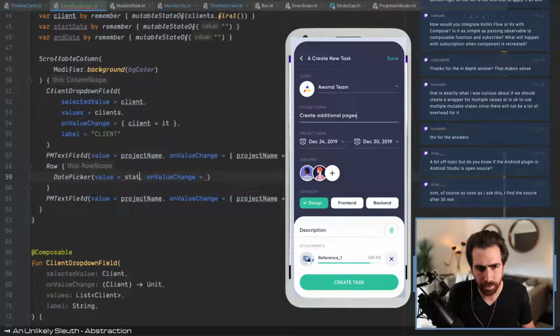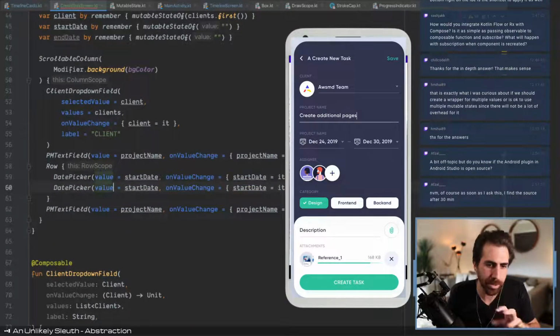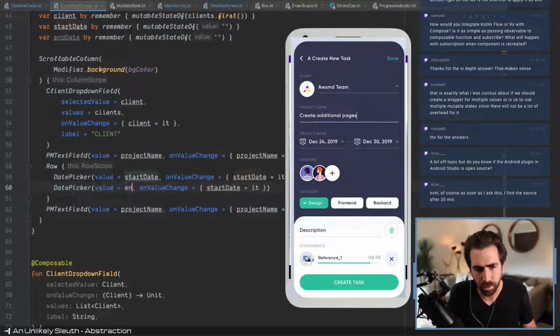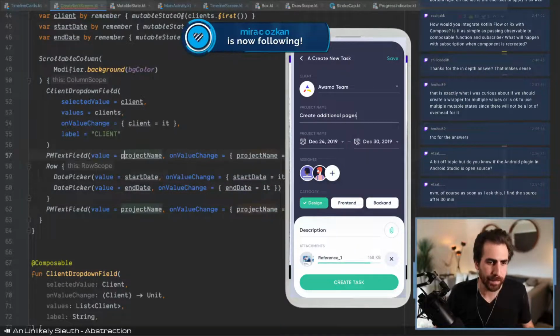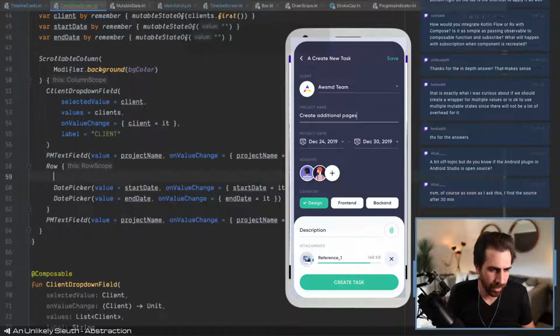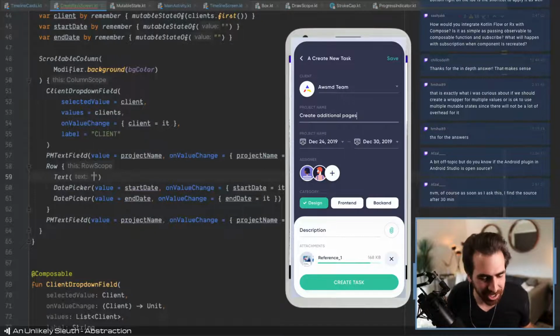And we'll deal with that. Start date. So we've got these two date pickers in a row. One's a start date, one's an end date. And then we'll need to make a label here, but the mockup just says project name here, which I'm assuming is incorrect. But let's just say,